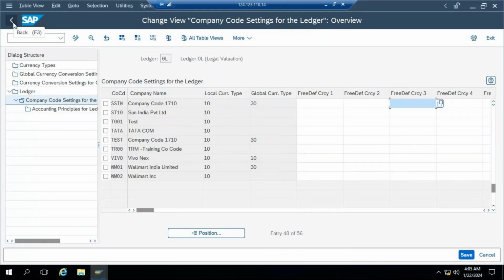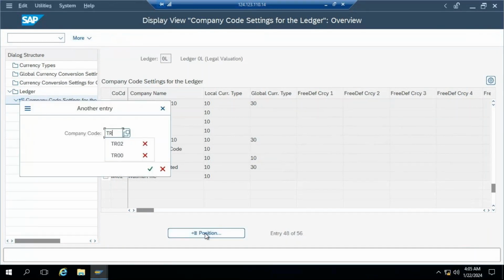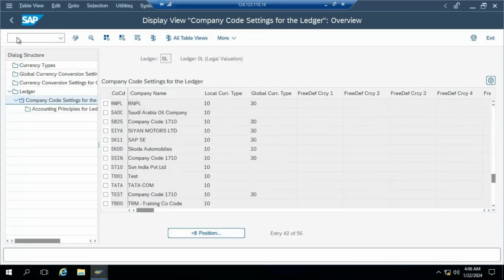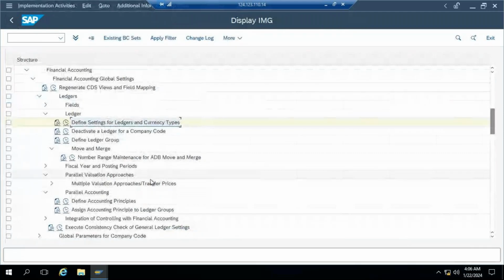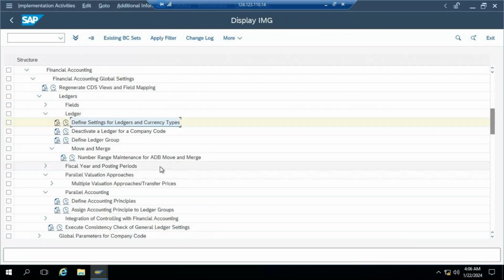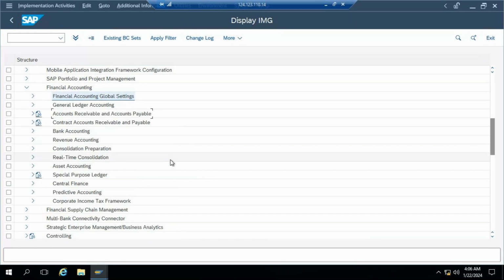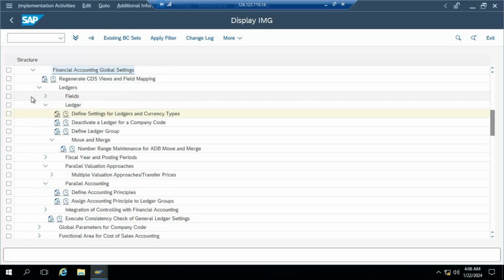Hmm, it's not there. Maybe it is expecting profit center accounting to be activated. So maybe I have not activated the profit center accounting. That was the error I was getting. So let me activate the profit center accounting and see, because you can see that in ledgers my company code is not appearing. So what I do now,